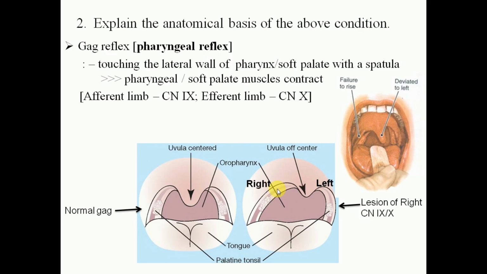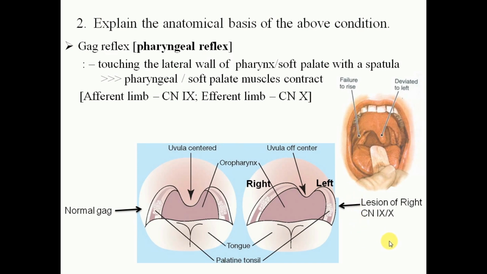So there might be either lesion of glossopharyngeal or vagus nerve. We don't know, it might be either because of sensory or motor component. But if you want to test only vagus nerve, there is no need of touching, so there is no sensory component. So when you ask the patient to say "ah," and if you observe that uvula is deviated to left, without touching also there might be deviation of uvula to one side, and on the other side there is a drooping or sagging of the palate, so that side nerve is affected. So in this case we say that vagus nerve is affected, not glossopharyngeal.